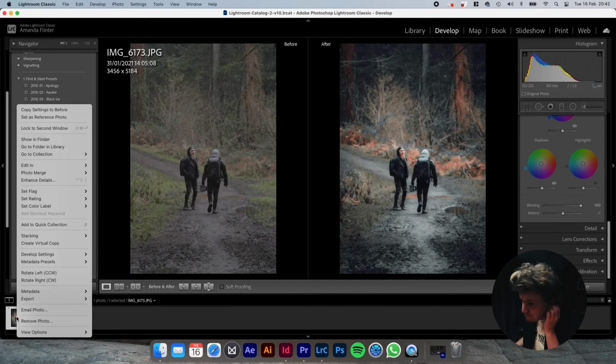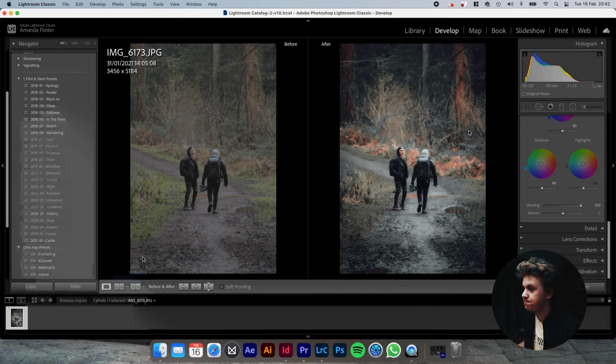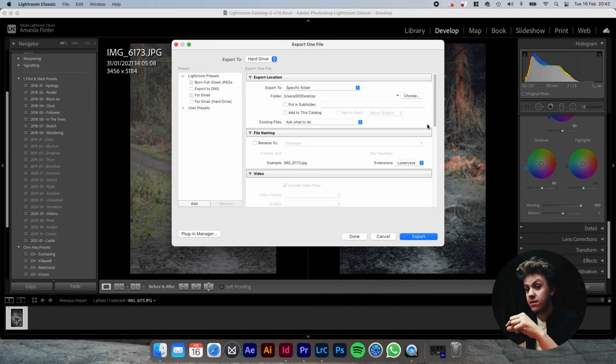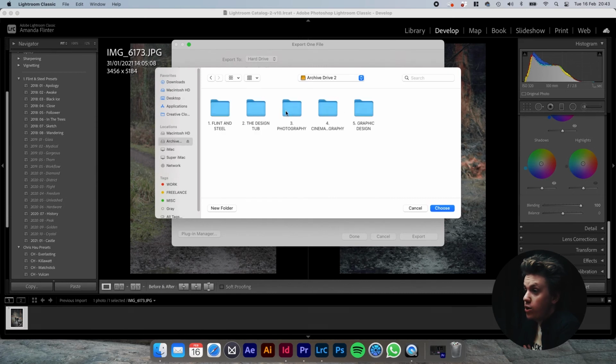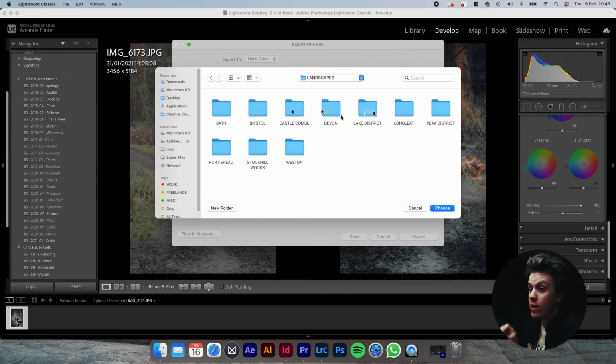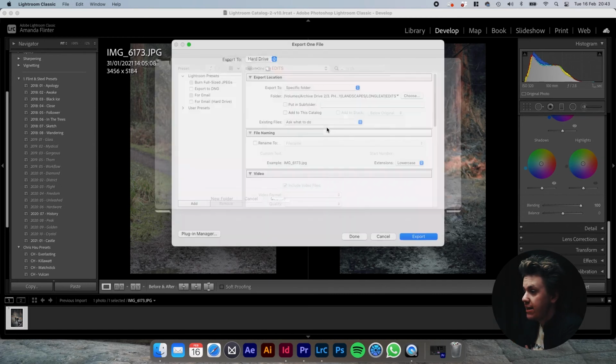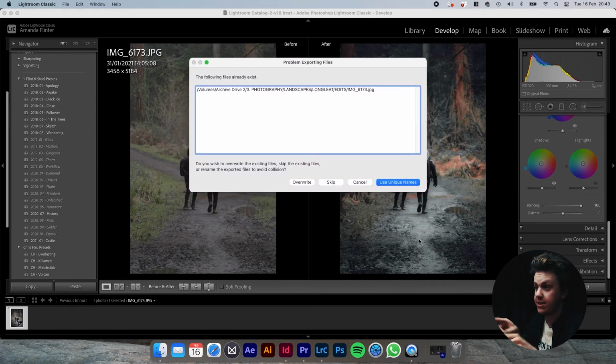And then I'm going to export the image, and I'm going to overwrite what I've already done, so that I can change the image and swap it out straight away. From here, you want to go to choose, and then go to the location that the original image is in. Then as soon as you click that, you can click export, and then you'll get this up. What this tells you is if you want to create a copy of the image, or if you want to overwrite the image. And what we want to do is overwrite the image, so that when we go back into InDesign,